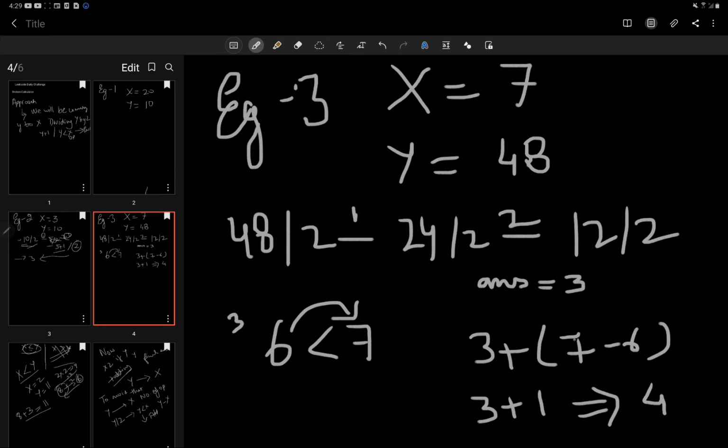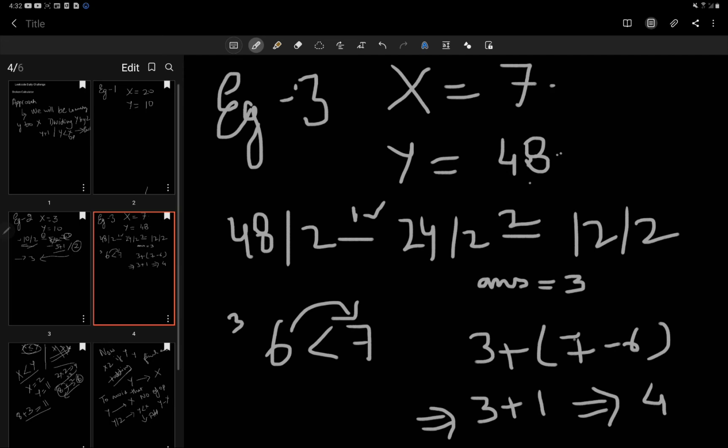What we are doing is just dividing the value of y by 2 and counting it in the number of operations. And one more thing, we are dividing only when the value of y is even, not odd. Okay. So the total number of operations in this case will be 3 plus 1, that is 4. That is our answer, the number of steps it takes to convert x into y or y into x.